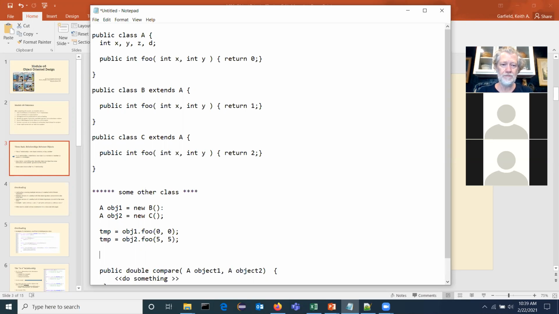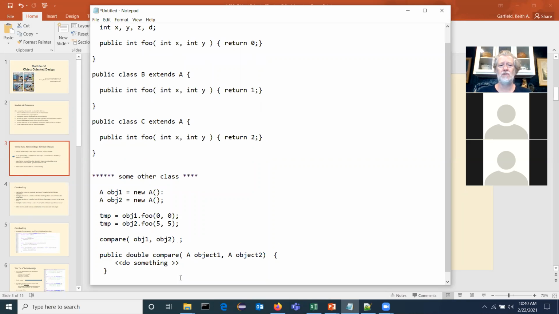So clearly, let me change some stuff here. If I did this trick, and I wanted to call this thing compare object 1, object 2, would that work? Does that match the signature? I believe it would. It would just be comparing 2 zeros, though, correct?